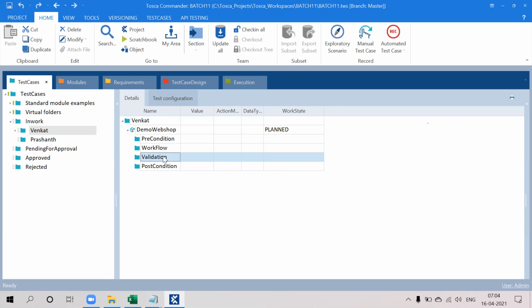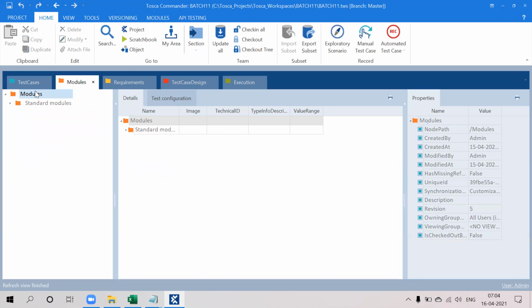And once it is done, you can put those into the post conditions, like the logout screen. Once you log out, you close the browsers, and those things should be in the post condition. So this is the folder structure. You need to follow the same thing in the modules as well.